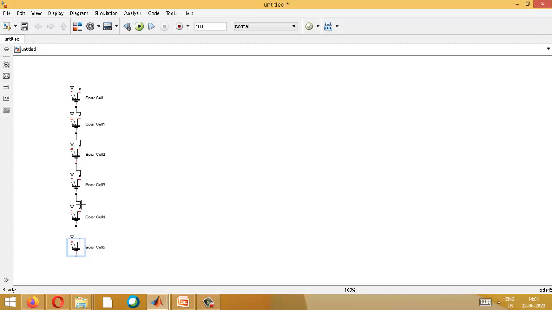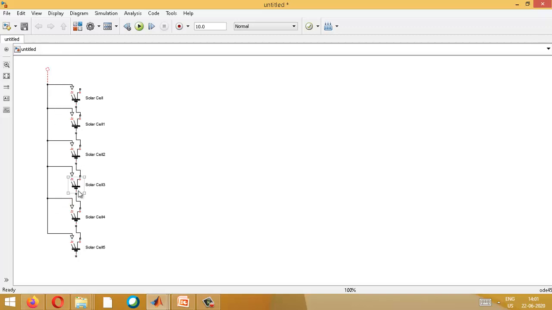Okay, now at the end, all this can be connected. This is called the input for the solar panel. We all know what the input for a solar panel is: the input for a solar panel is sun photons. A solar cell is nothing but a PN junction diode connected in forward bias. When you connect a PN junction in forward bias, you need some voltage to turn on this particular diode. This turn-on voltage is obtained from the sun in the form of photons.